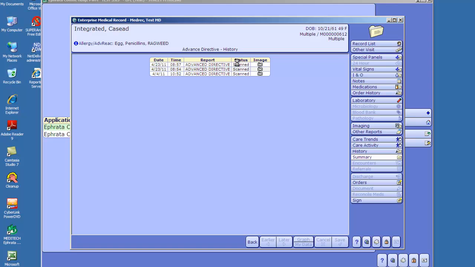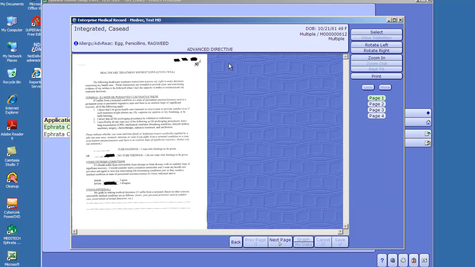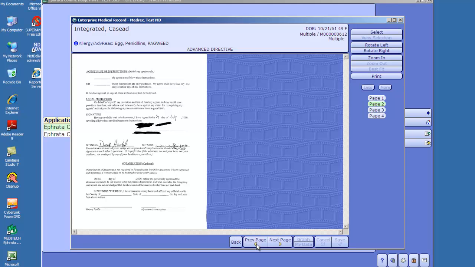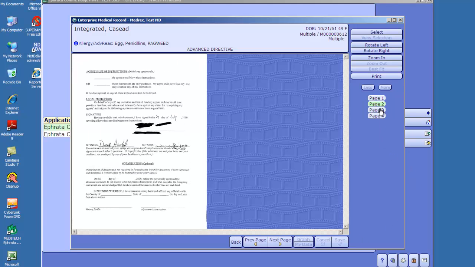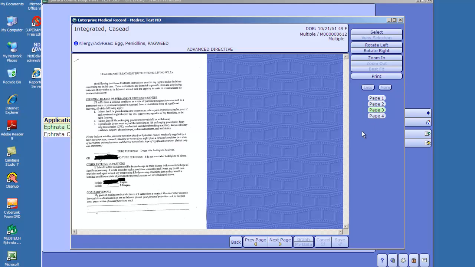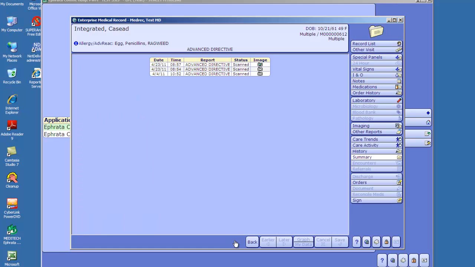To navigate through a scanned document, if multiple images exist, I can click Next Page, Previous Page, or I can select the page that I want to view. When I am done looking at the scanned image, I'm going to click the back button to return to the EMR. To continue on with our navigation through the EMR and scanned documents, if I click the Other Reports tab,